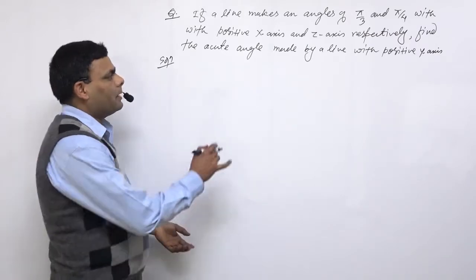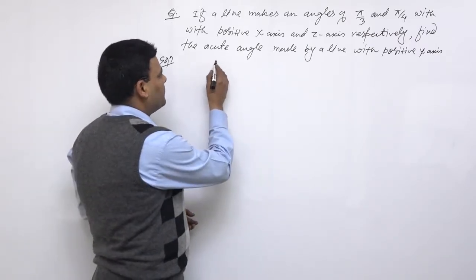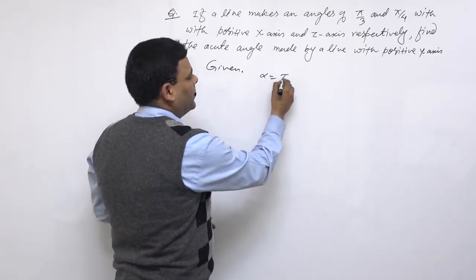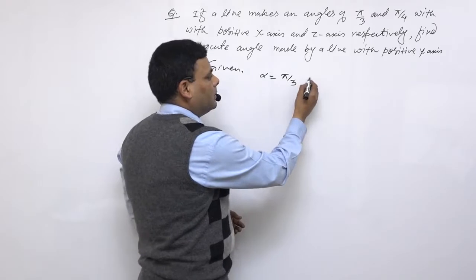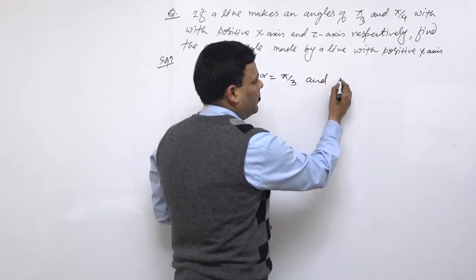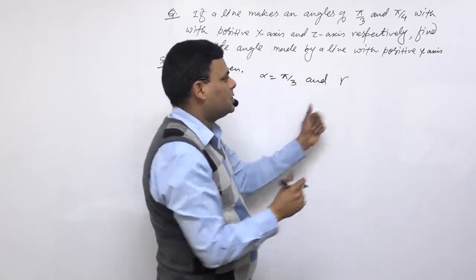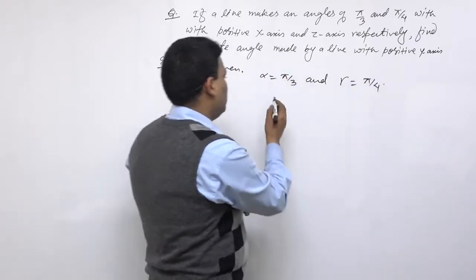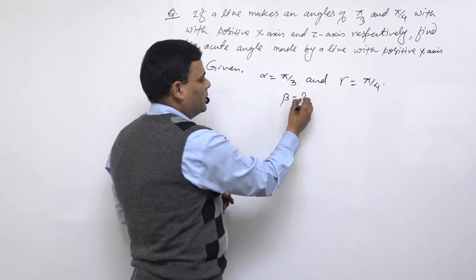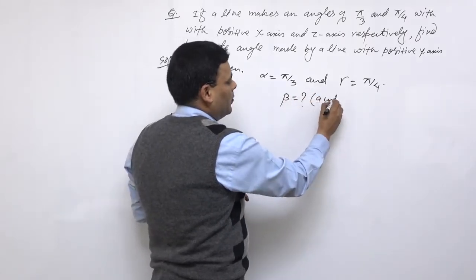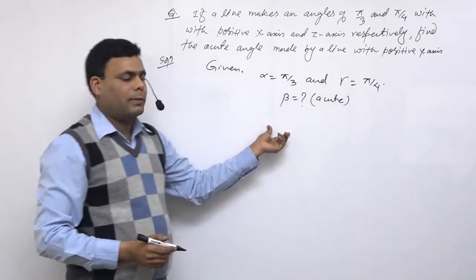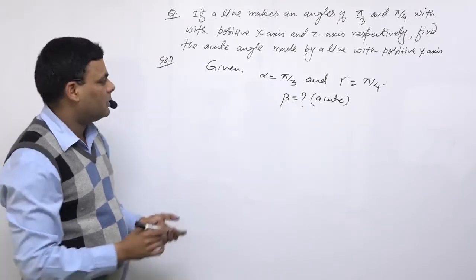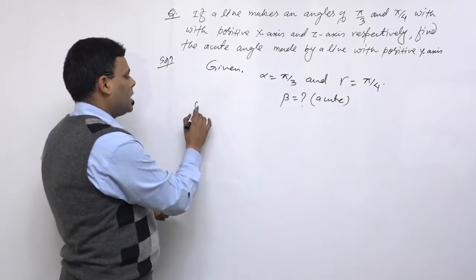यसका लागि given alpha equals to pi by 3 and angle made by a line with z-axis which is gamma equals to pi by 4, and we have to find then beta equals to what? Beta, which is acute. It means the angle made by a line with y-axis must be less than 90 degree. For this इसका लागि we know that